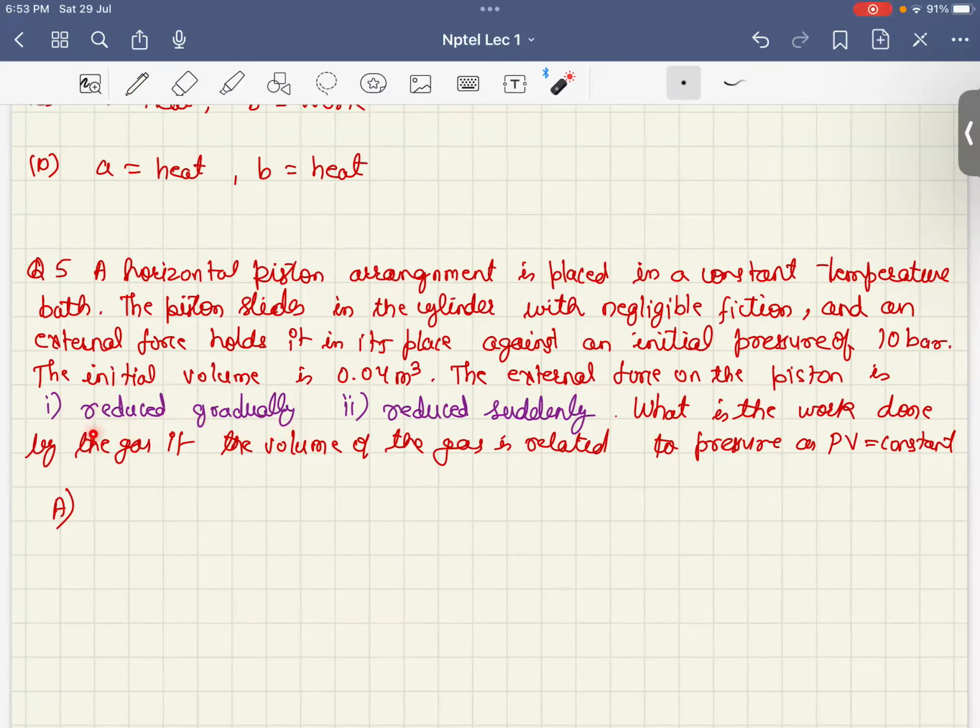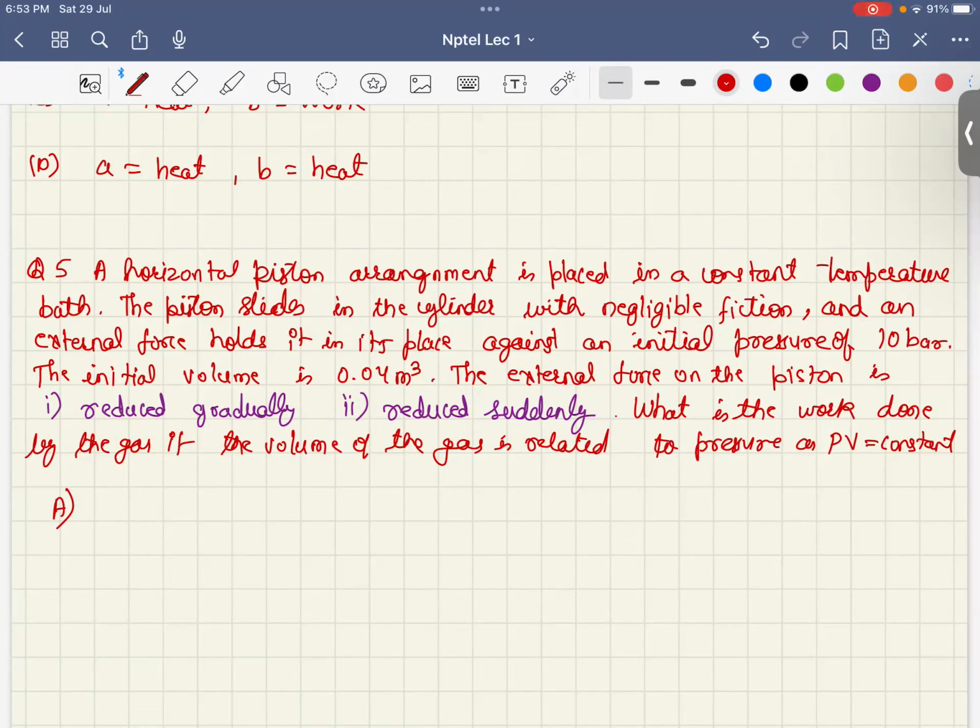The hint is, if it reduces gradually, that means this is a reversible process, whereas when it is reduced suddenly, that means it's an irreversible process, right? So this question is basically designed to test whether you understand the concept of reversible process and irreversible process. Right? So the options are